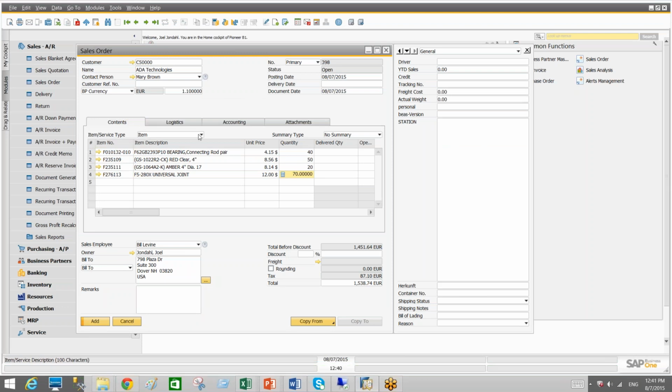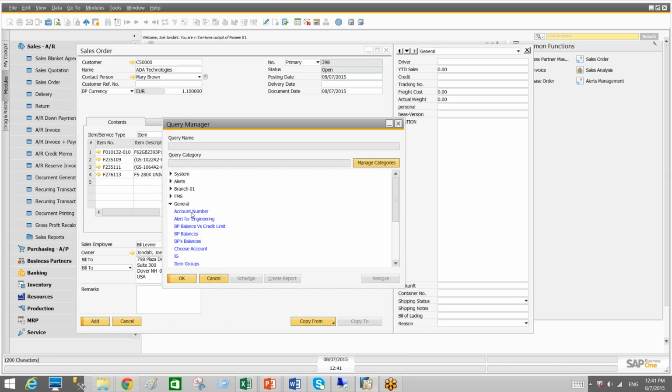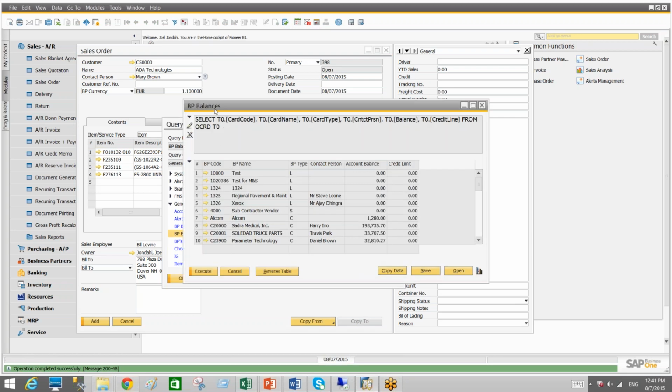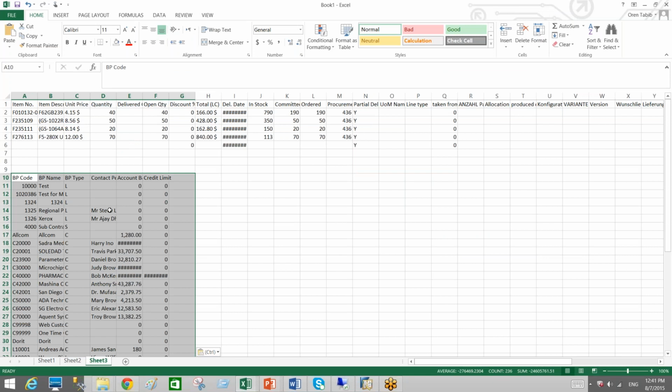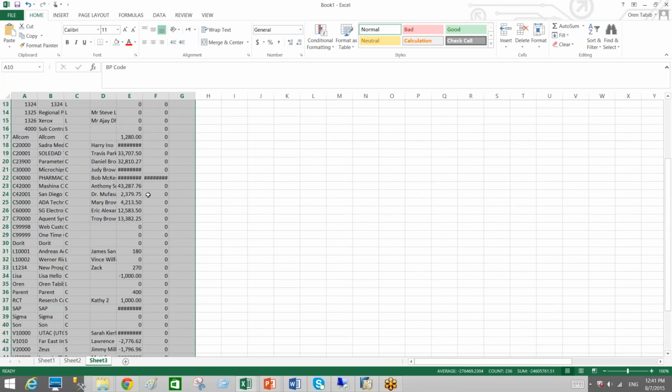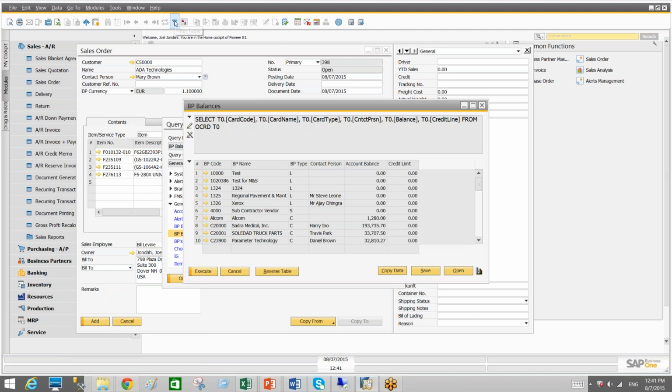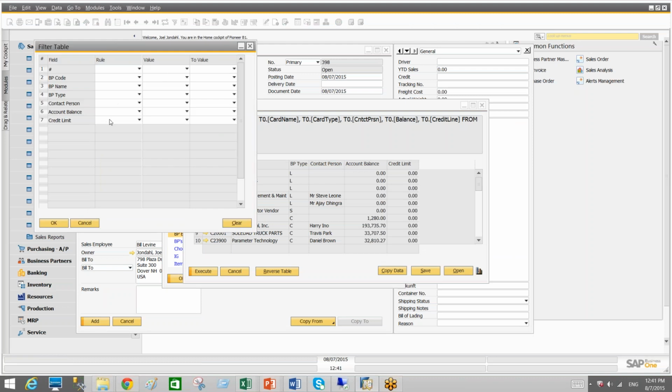Question from Miranda: can you do that in a query? Yes, the answer is yes, and it was actually available in a query even before. So for example, if I take a query that I have here, BP balances, first you can do copy table, but actually in 9.0 they introduced copy data, so you can do both. I think the copy table normally works better for me, because it copies exactly the table that you are looking at. For example, if I'm going to filter this table and say show me only account balances that are greater than